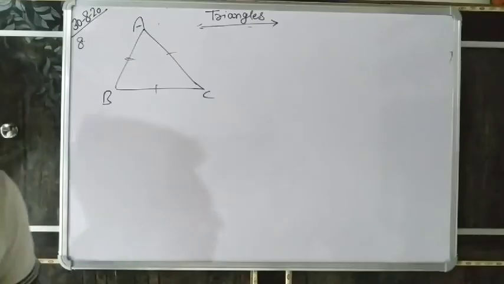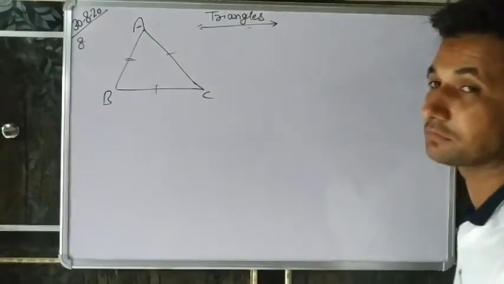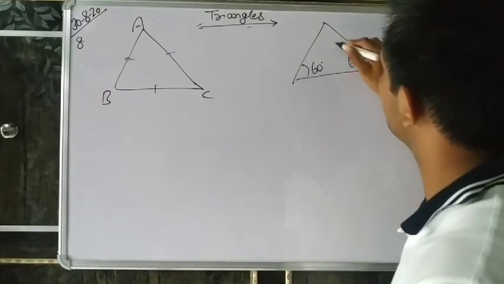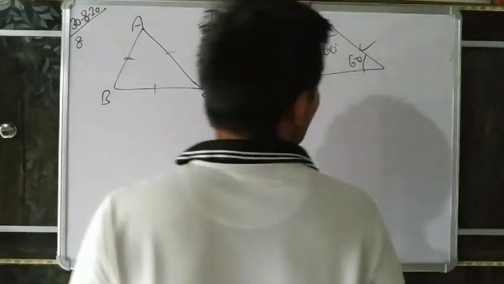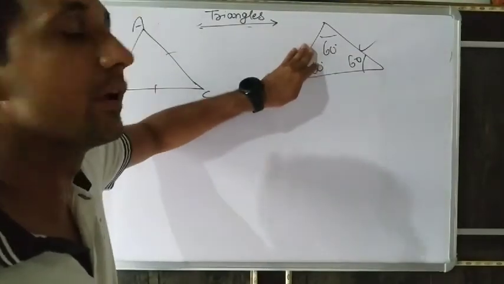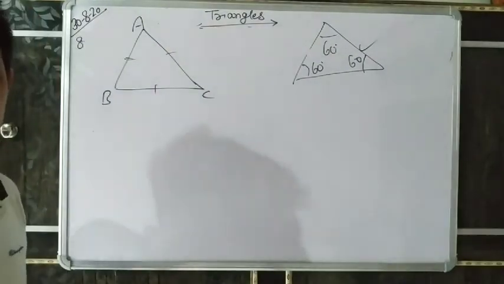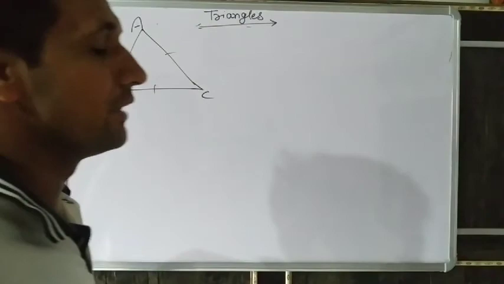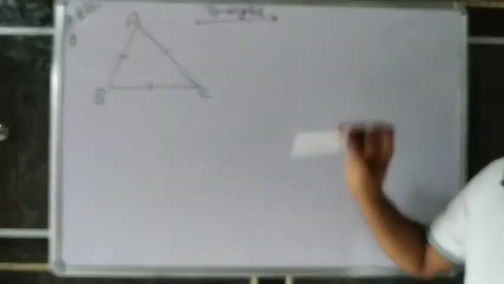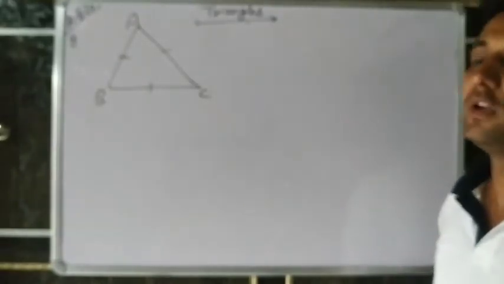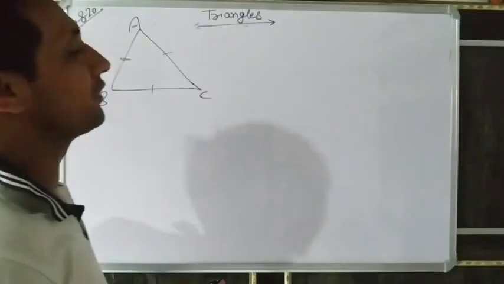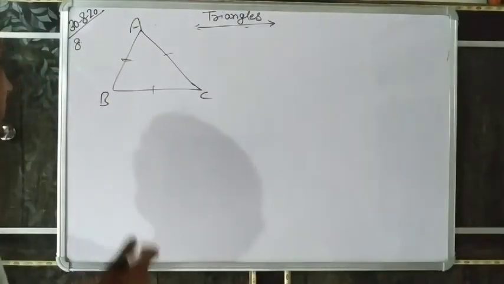And if all three sides are equal, do you remember in 7th and 8th class many times we directly used that in an equilateral triangle each angle is 60 degree. But now here we have to prove that each angle is 60 degree. So how will we do it? Equilateral means all three sides are equal. Two sides are equal, then opposite angles are equal. We will use these theorems. Always you should remember the statement of theorems, and think about whatever is given in the question, and use it in the answer. Understand?